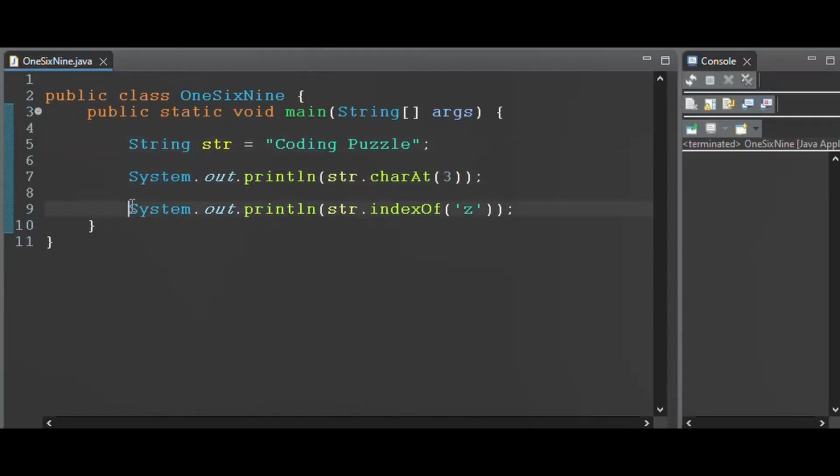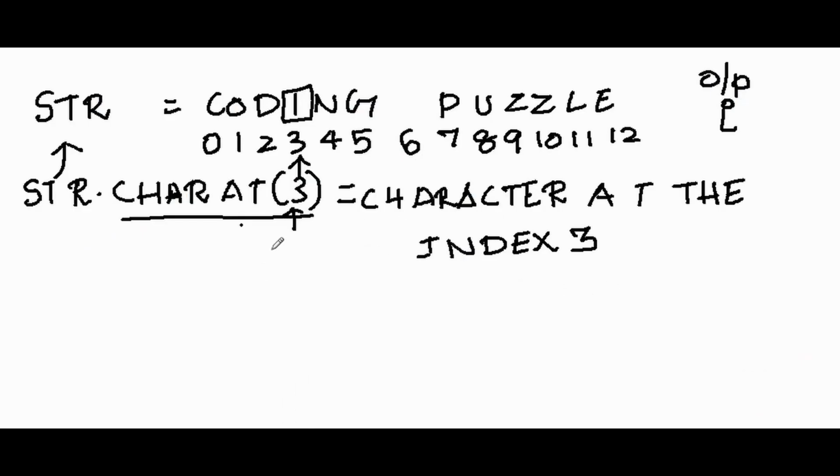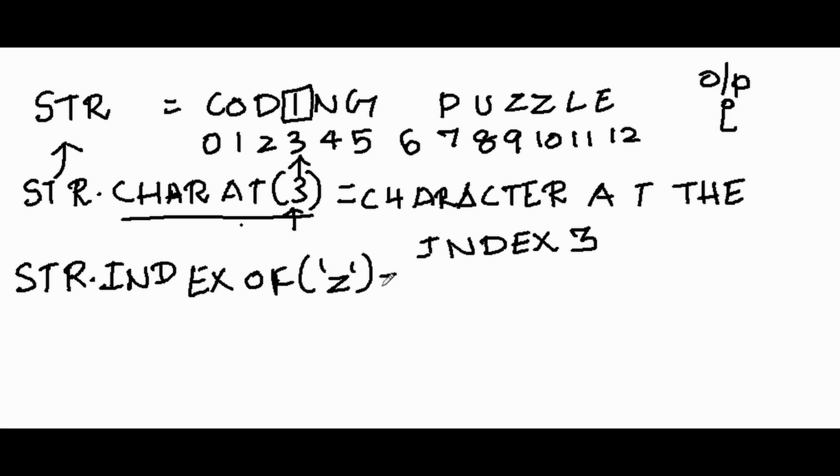And then coming to the ninth line, we're using str.indexOf('z'). Let me explain what this is: str.indexOf, and within single quotes we have z. So as usual, str is the string object, and indexOf is the method, z is the parameter which is passed. So the meaning of this particular line is